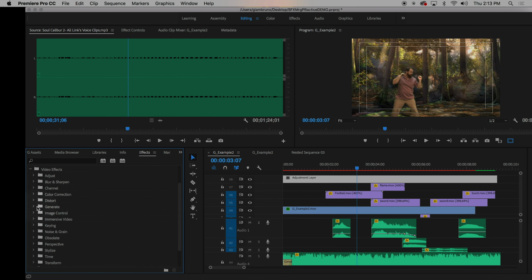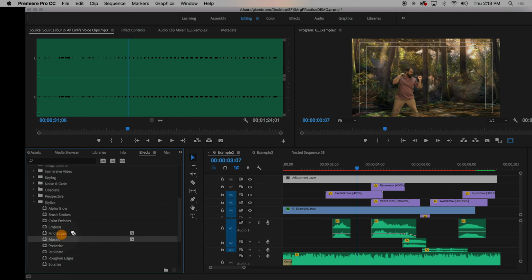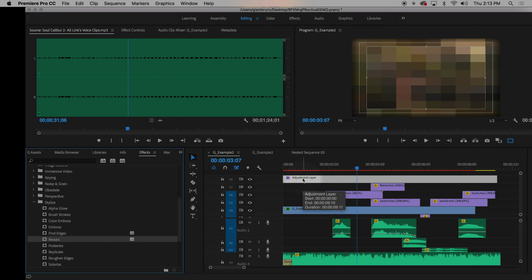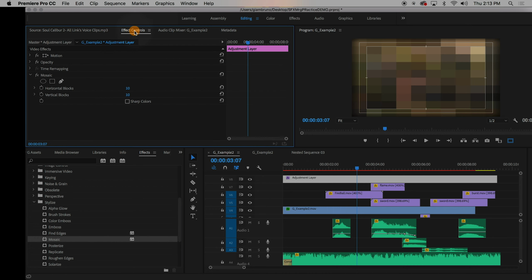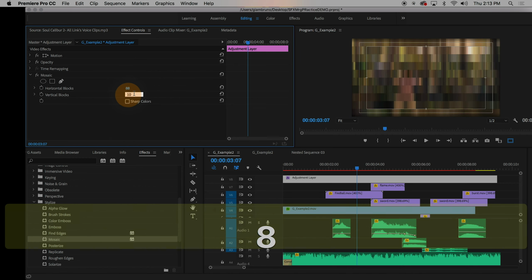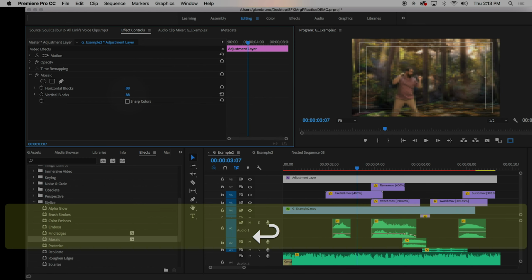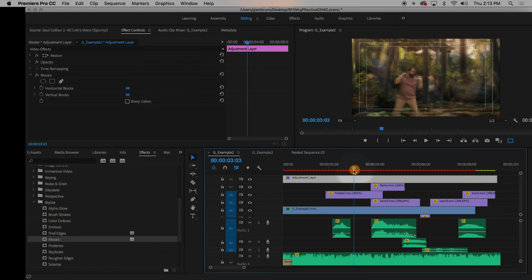Now with this adjustment layer, I can take any sort of effect. The effect I'm going to play with is under Distort, and it's Mosaic. That's not under Distort, it's under Stylize. There's Mosaic, and I'm going to drag Mosaic onto the adjustment layer, and that's a little too pixely, right? Now under the adjustment layer, I have horizontal blocks and vertical blocks. If I wanted to make it look more like a Nintendo game, like an 8-bit or Atari game, I can probably try like 88 pixels for the whole thing, and that makes me look very video gamey,